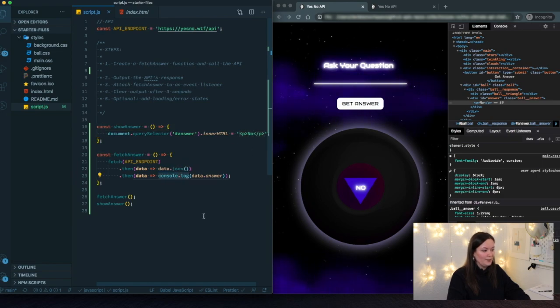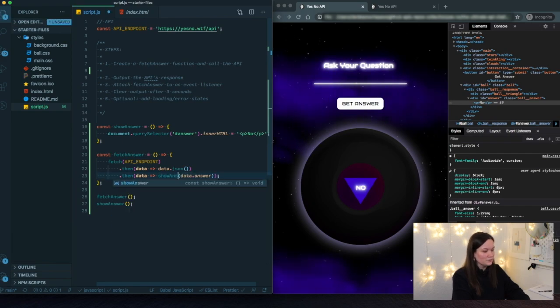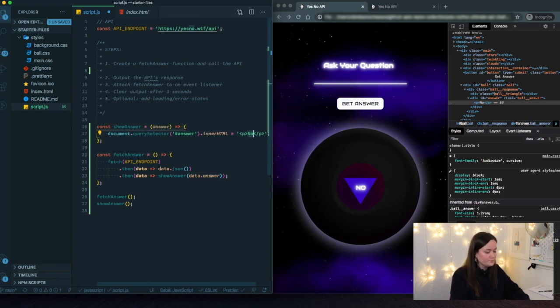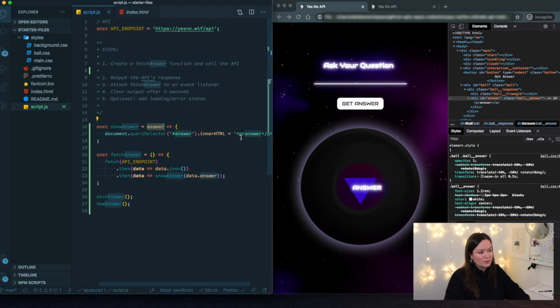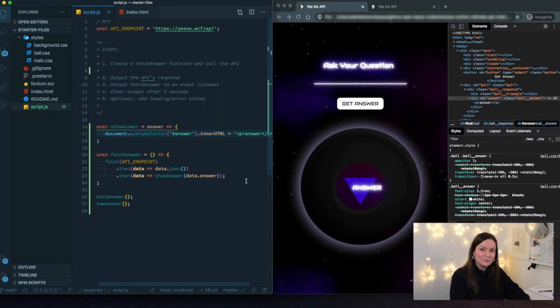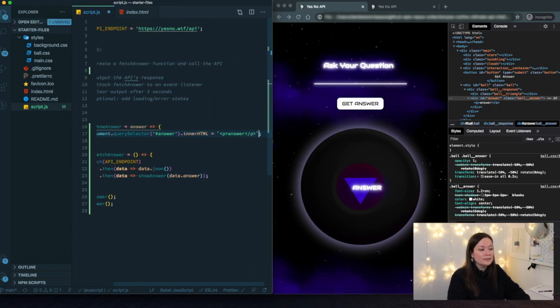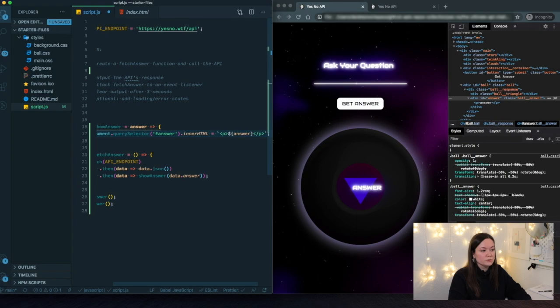We are going to replace the console log, not really replace the console log, just, being lazy, type showAnswer, and pass the data.answer to it. And in here, we're going to receive a parameter answer, and we're going to use it here. Now it's a hard-coded answer. How can we tell JavaScript that we want a variable to be inside of here instead of a hard-coded string? Well, I'll tell you. You can just replace the single quotes with template literals,